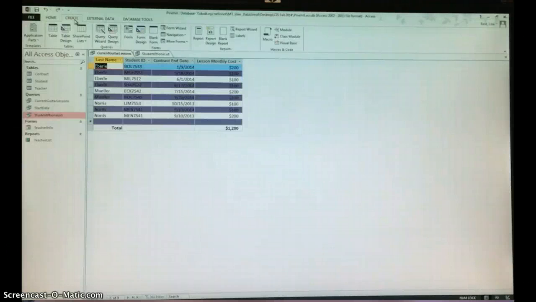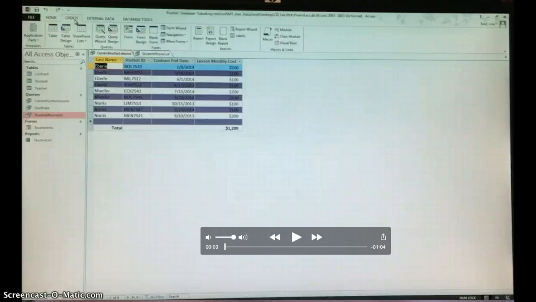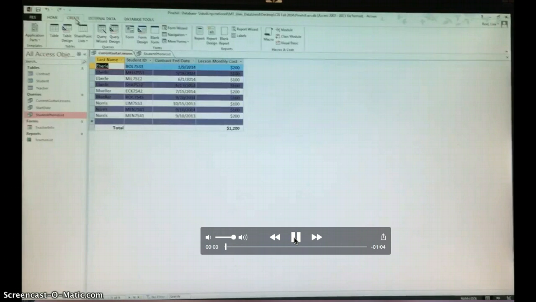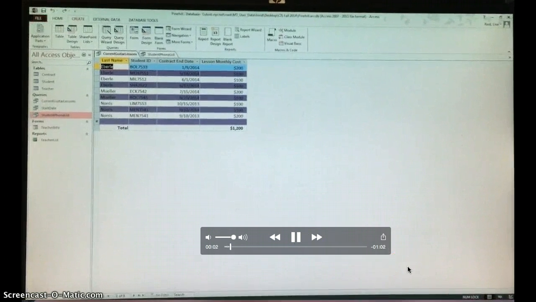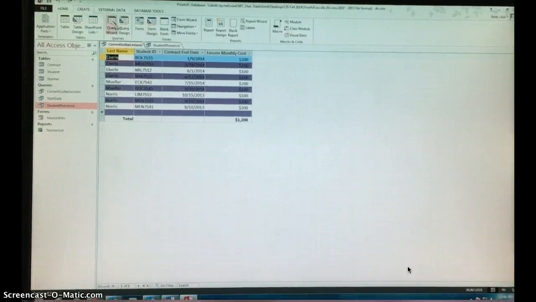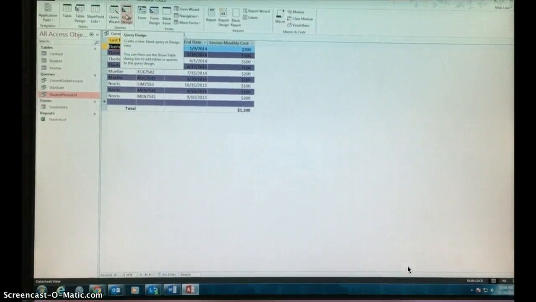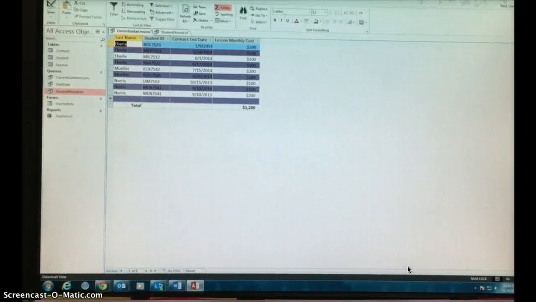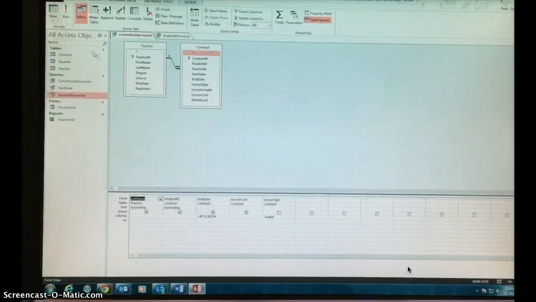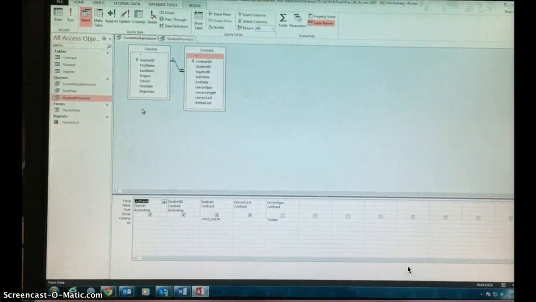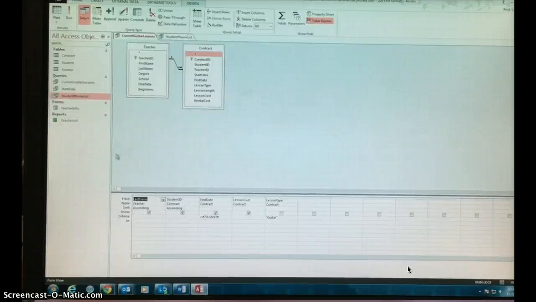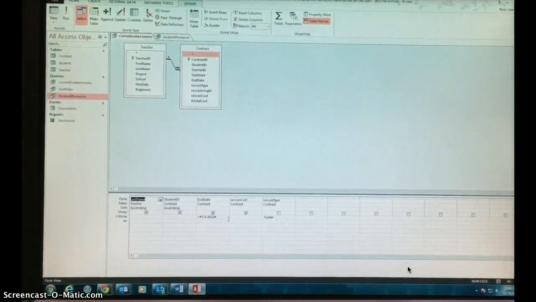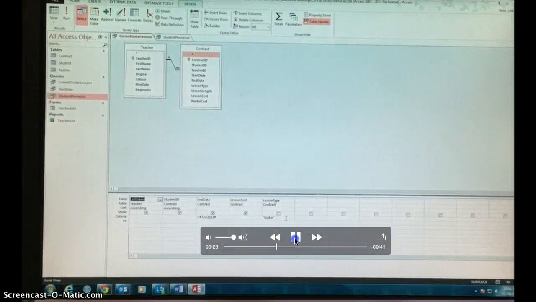In this case, what we had to do was create queries with different subtext. So for the first query, it is the student, no, sorry, this is the current guitar lessons query. And what I did was I created a query and then I set up with the different tables. So I needed the teacher and the contract table, and I took each different thing I needed, and I also